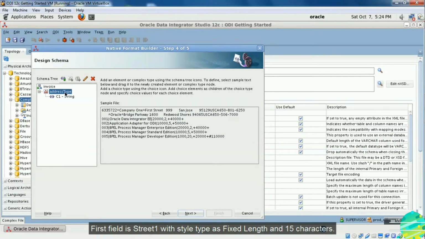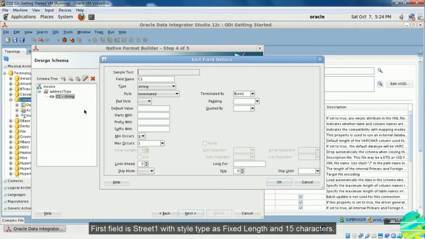First field is street1 with style type as fixed length and 15 characters.